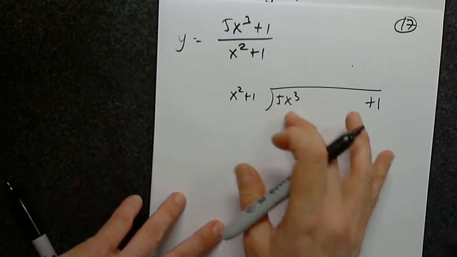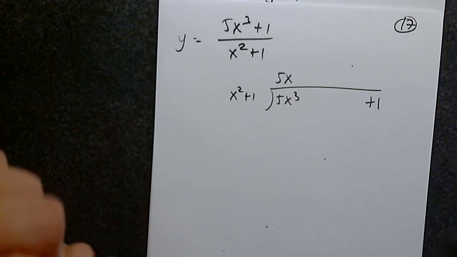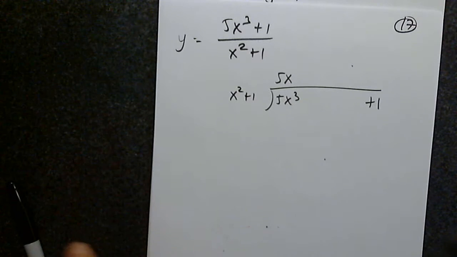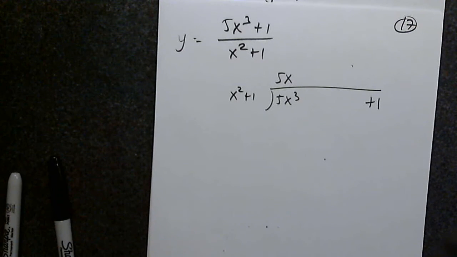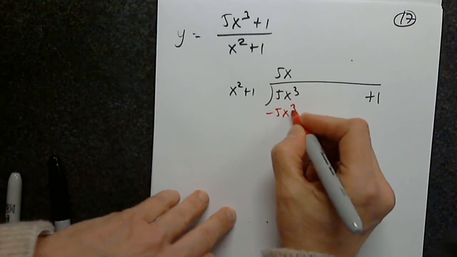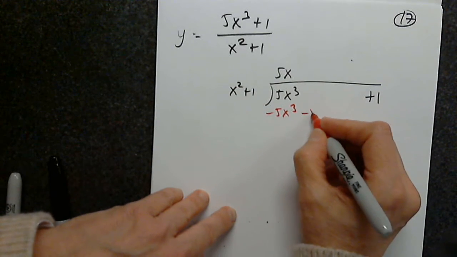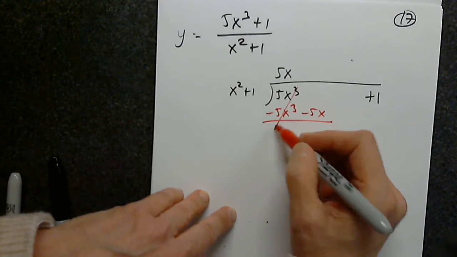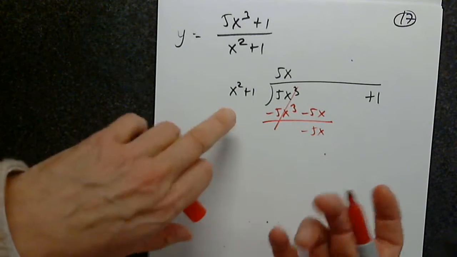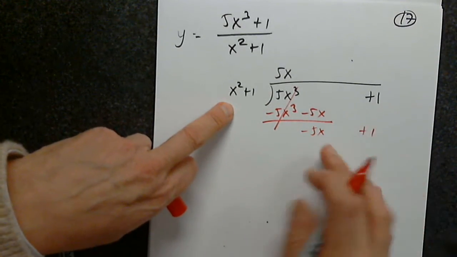X squared times what is 5x cubed, and I get 5x. I distribute. Here it is. So then 5x times x squared is 5x cubed, I subtract. 5x times 1 is negative 5x, and I subtract. And it happens in this case, let's see what happens, because I cannot